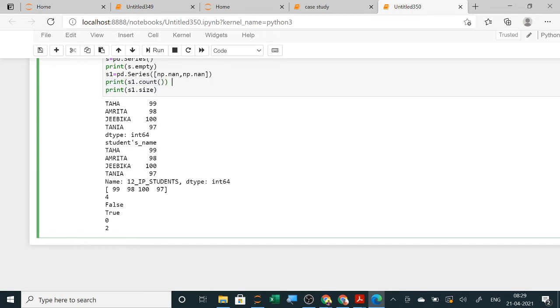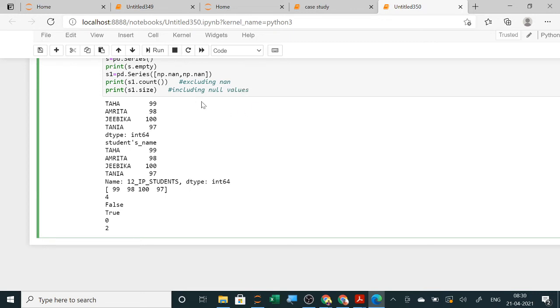So this is excluding NaN values, and this is including NaN values. This is the main difference. Rest is the same; it can be null also. You can write anything, null values or NaN values. Both are the same thing. Clear?